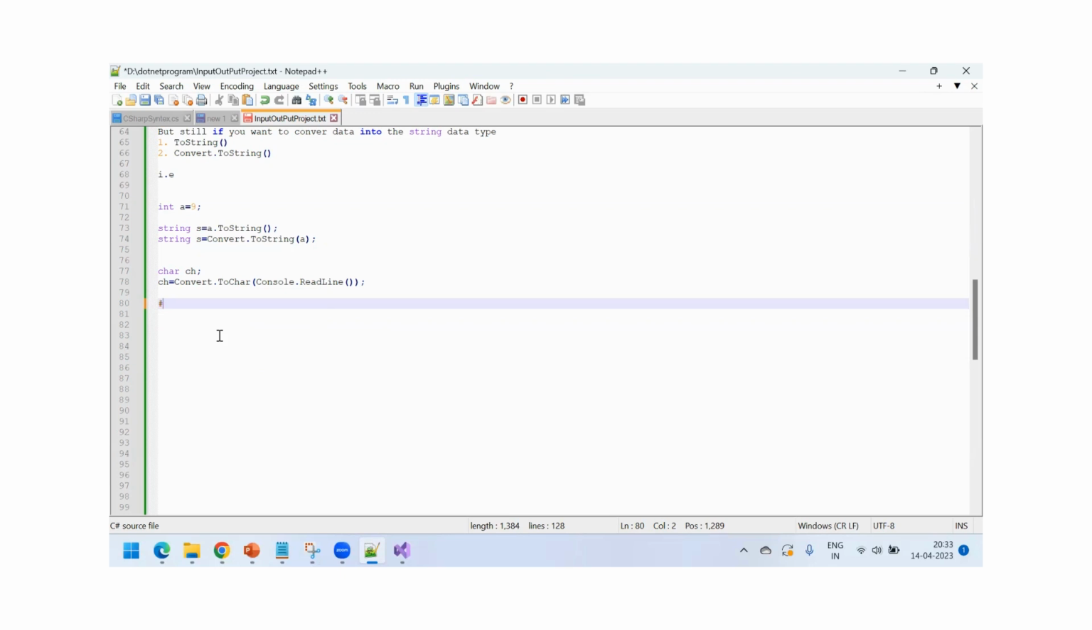So in C sharp, there are multiple types of operators. I can explain a few of them, which are the most important and most useful. Other than that, there are multiple types of operators available in C sharp, but we are focusing only on those that are mostly used. So the first operator I'm talking about is the basic